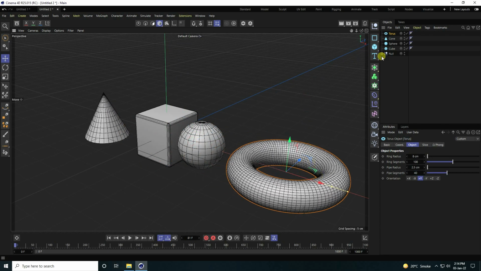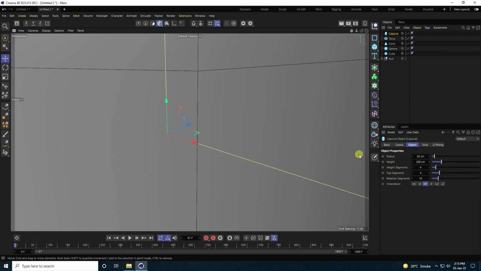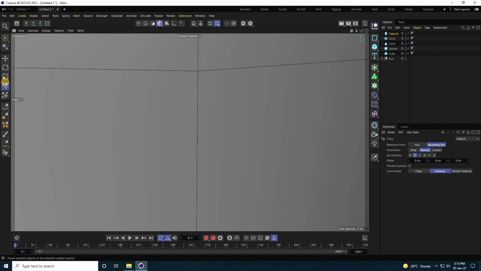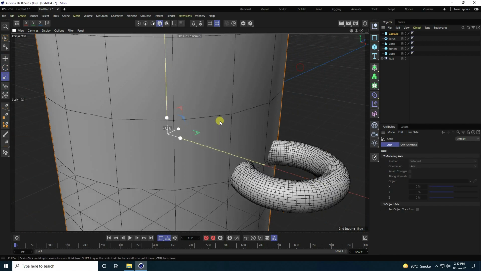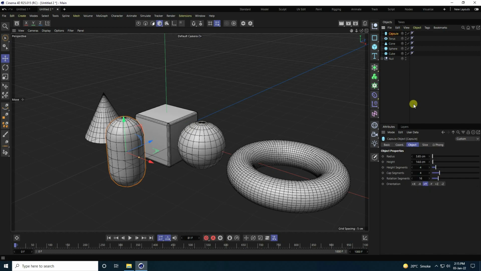Okay, so guys, last one I take this time capsule is good. So guys, same, you can select scale tool, this one, and smaller. Yeah, so go to here, and guys select this capsule, this one, and change radius. Guys, 3.5 is good, and guys height 15. So segments increase. Yeah, see guys, that's all my objects, that's my dynamic objects.